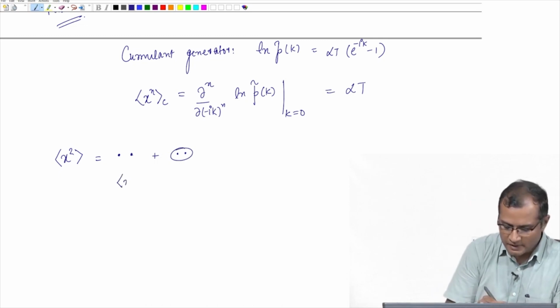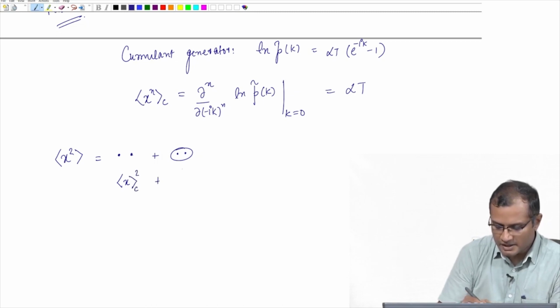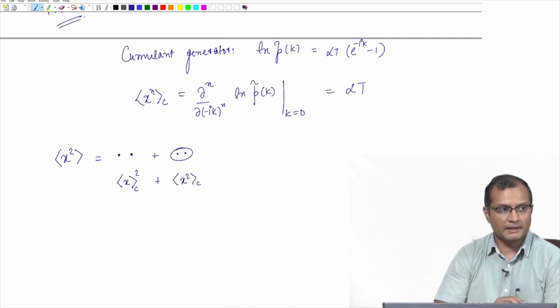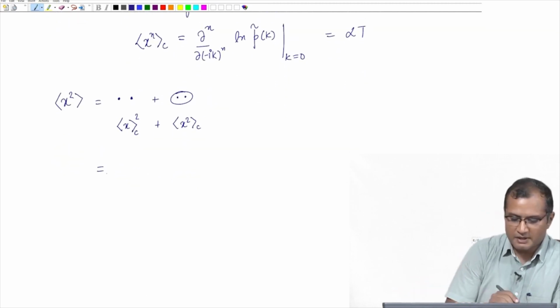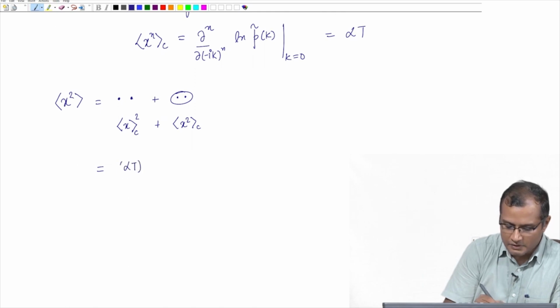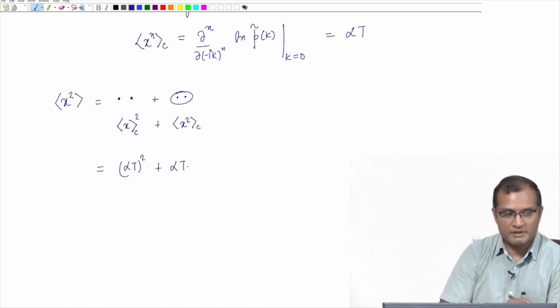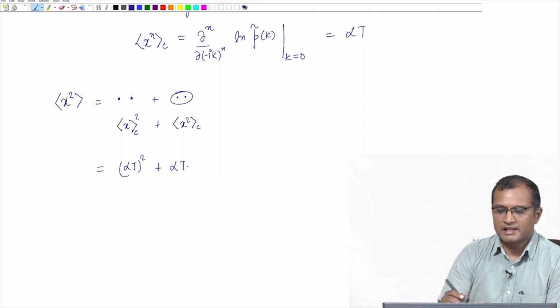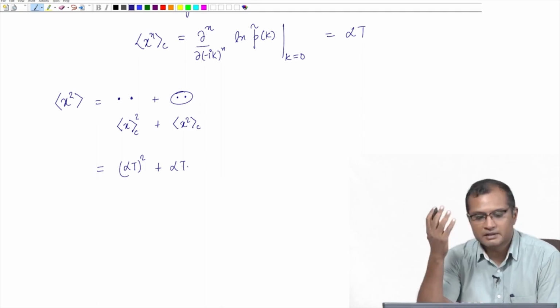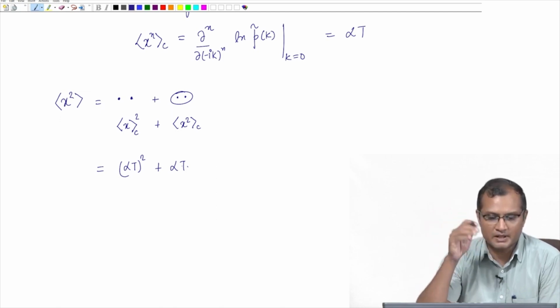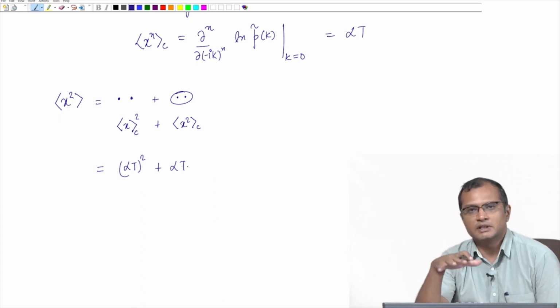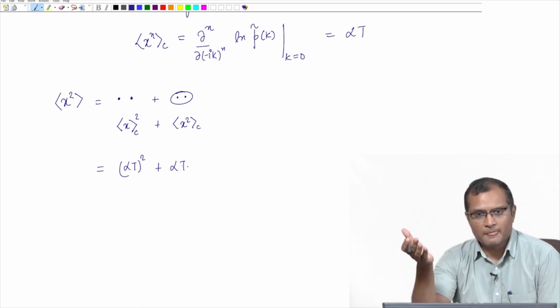So, when you leave them open, it is the moment raised to that order, and when you have connected them, it is the cumulant of that order. Okay. Now, I have just said that all cumulants are alpha t. So, this gives me nothing but alpha t the whole square plus alpha t, precisely what I had written. It is just a 3 line problem if you combine the powerful method of diagrams and the characteristic function, and